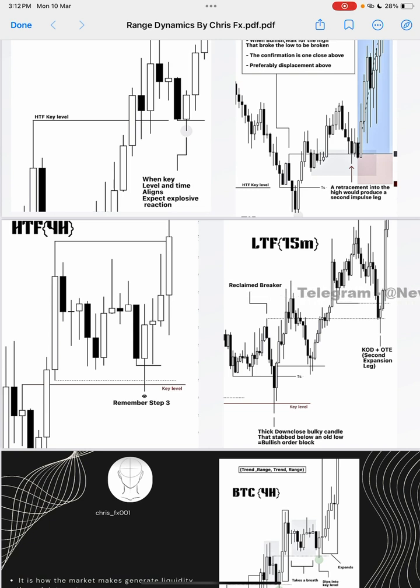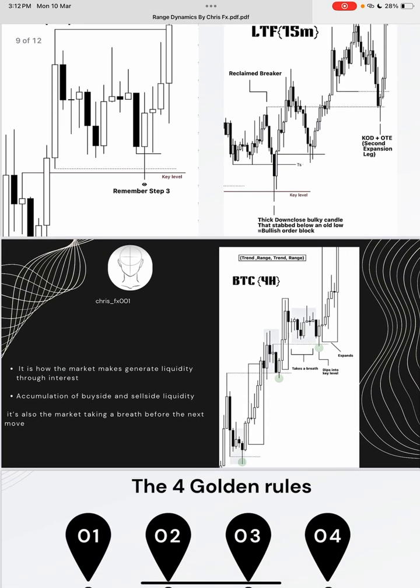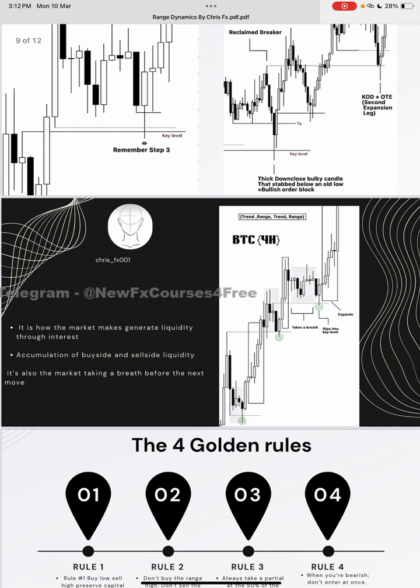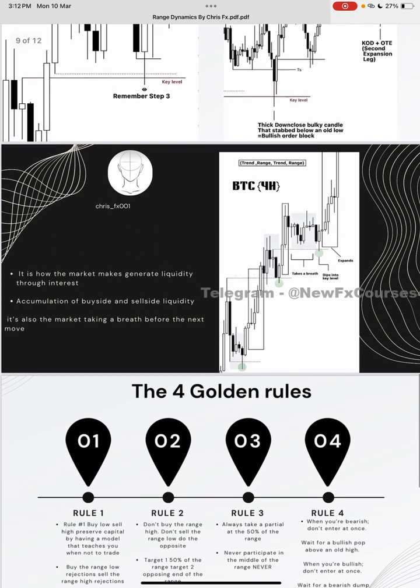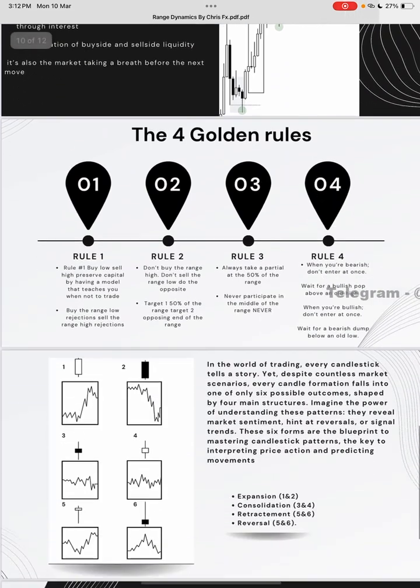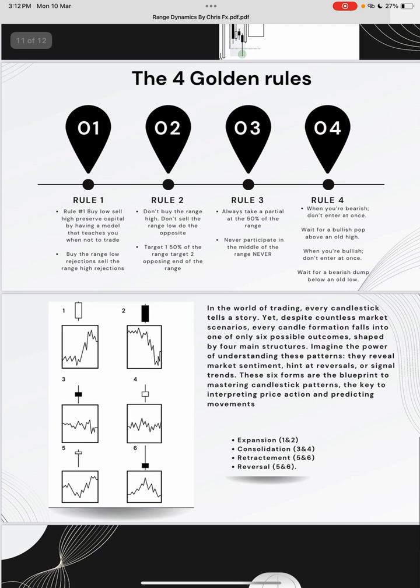OTKs of death. We haven't actually talked about that, but we'll be heading there very soon. And yeah, it's just basically how the market generates liquidity through interest. Accumulation of buy side and sell side liquidity is also the market taking a breath before the next move. So range, trend. So here are some rules: buy low, sell high, preserve capital by having a model that teaches you